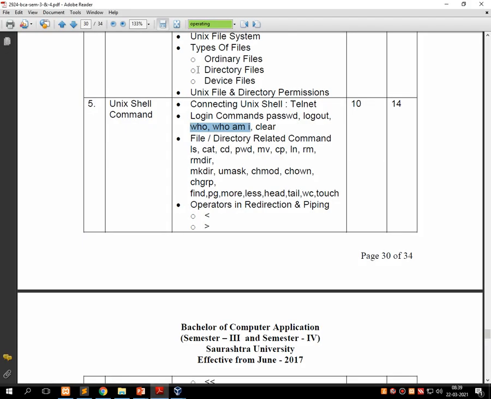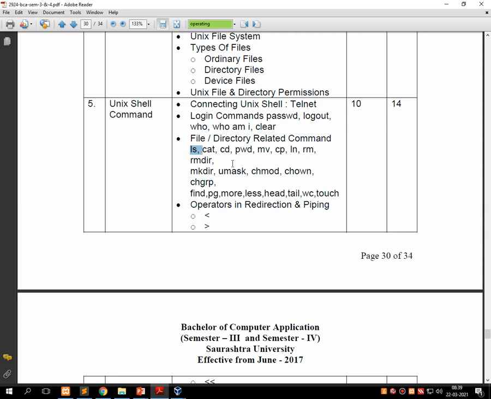So let's see what we have done as per the syllabus. As per the syllabus, we have discussed telnet, password, logout, whoami, and the clear command. Then from the file and directory related commands, we have discussed the mkdir command, the cd command and the ls command.